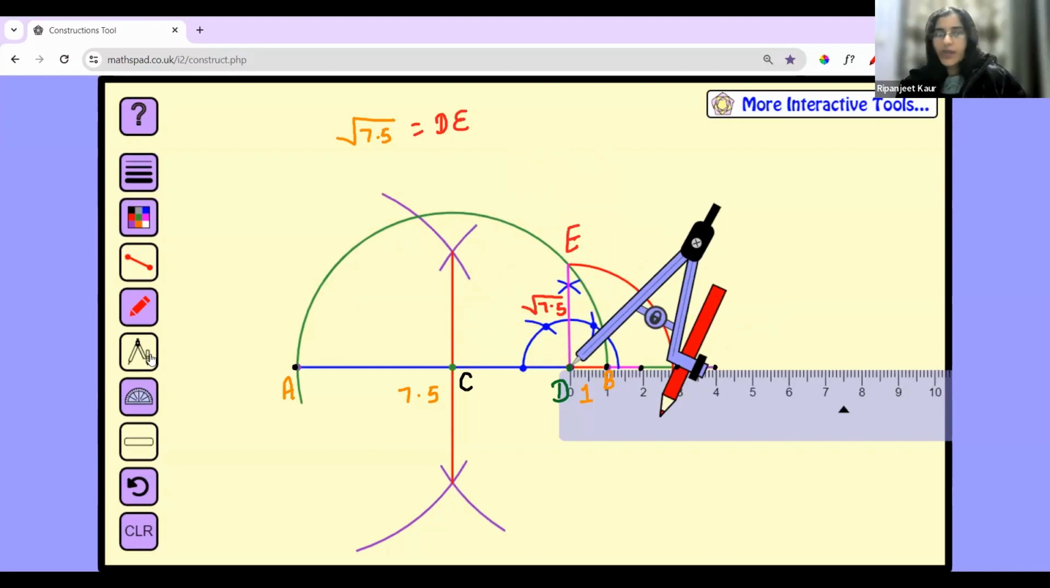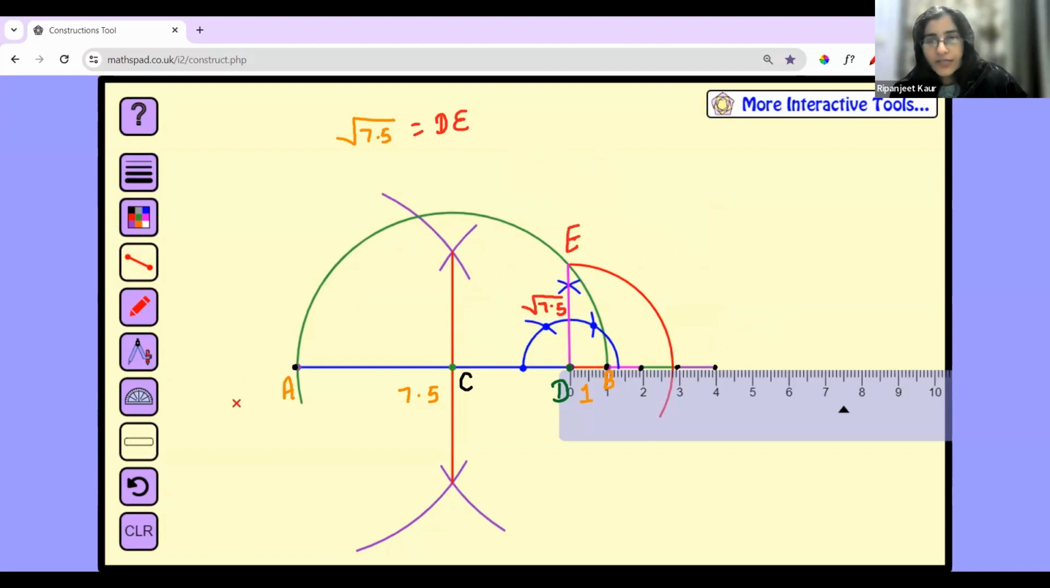Now let us put the compass back. Put the ruler. Oh no, ruler we need because we want to count here what is the estimated value, right? So let us see over here. Okay, so this here where it is cutting is representing root 7.5. So we can see it is after 2.5, it is 2.6, 2.7, 2.8 almost. So it is approximately equal to